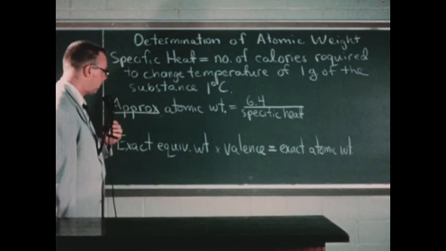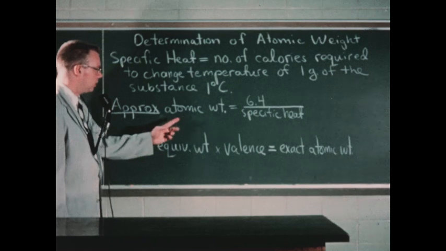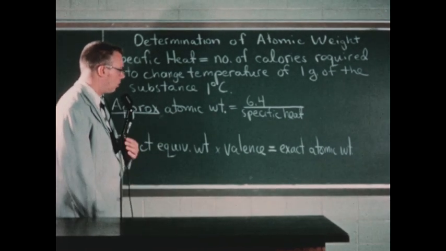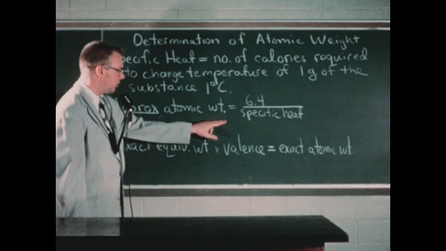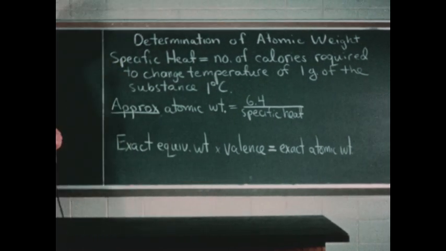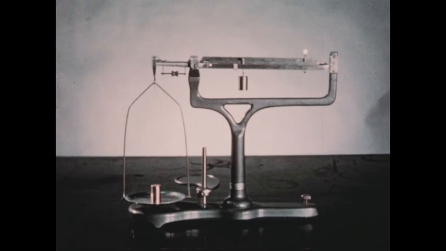Our first step, then, will be to calculate the approximate atomic weight using the Dulong and Petit relationship. And this will require us, first of all, to calculate the specific heat of the element, which we will now proceed to do. The first step in this method for determining the atomic weight of copper is to determine the